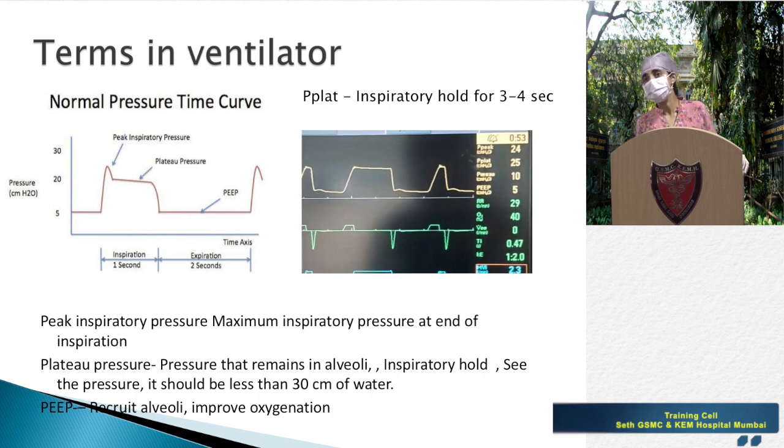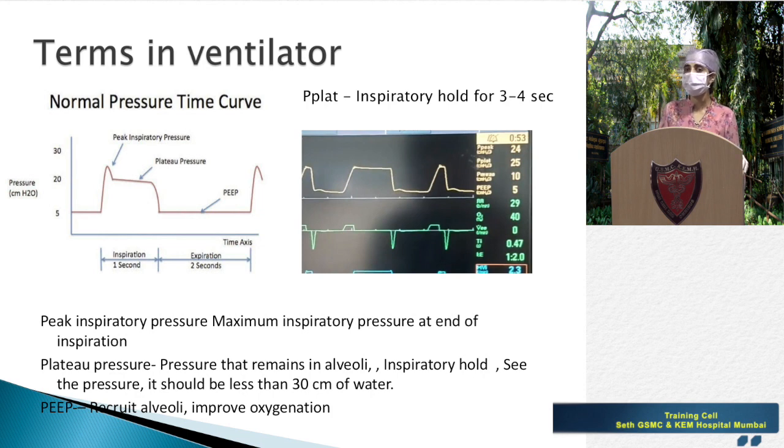Here is how you measure plateau pressure: we have to put the patient on inspiratory hold. When the patient is breathing, there is an inspiratory hold button on the ventilator. Press that for 3 to 4 seconds and you can measure this pressure. Roughly here, I think it's 25. It is desirable to keep it below 30 centimeters of water. So what if it is more? You have to decrease the tidal volume by 1 ml per kg and get it to the desired value.